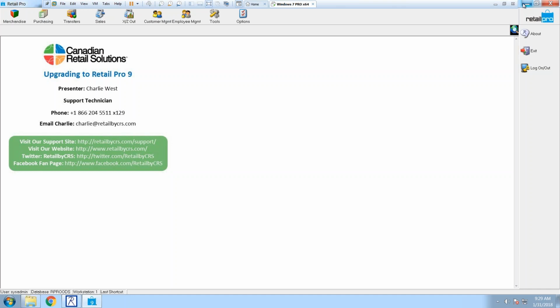Retail Pro 9 polls because there's no file locks. It can poll all day. It doesn't need to even run overnight. Most of our clients on Retail Pro 9 are set up to have their store-to-store polling. And again, if you don't have